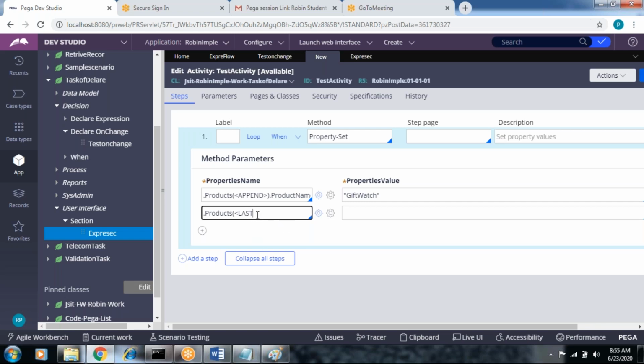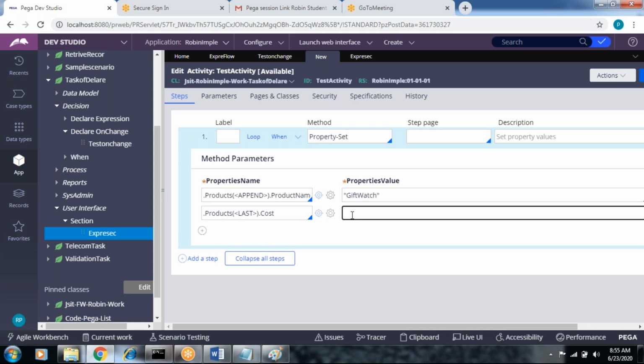We have other functionalities also. We'll see one class and discuss all the functions in theory, like page list, page group, and values. Okay, so let's observe this experiment first. This is the last. The next property should be cost.